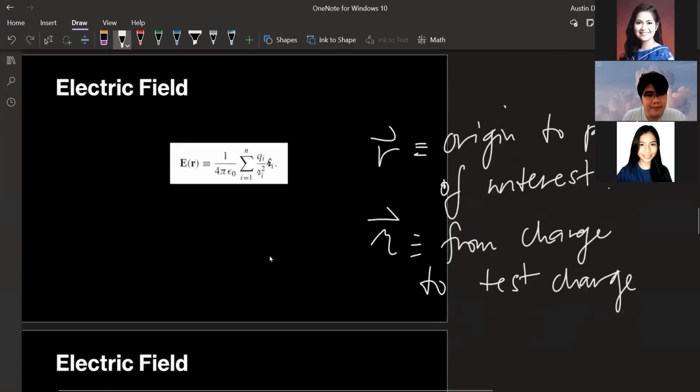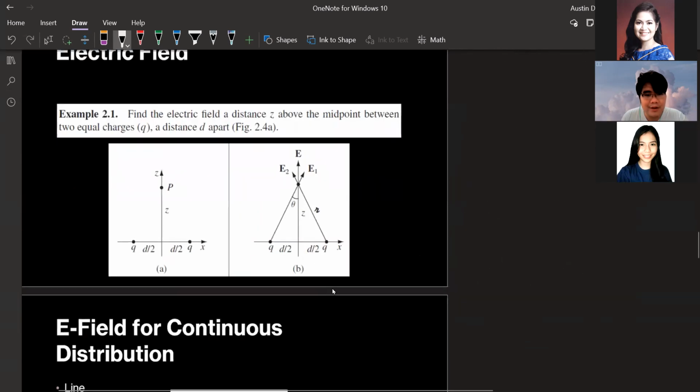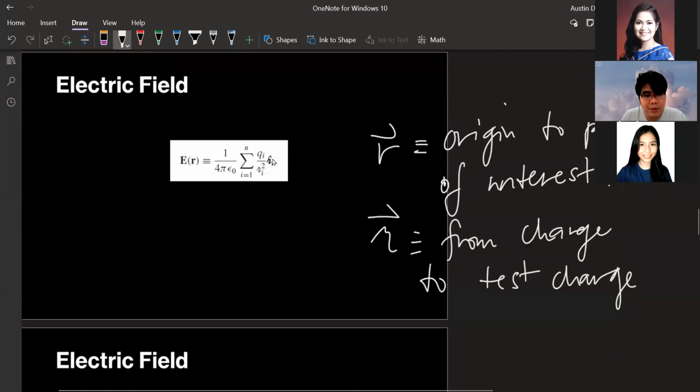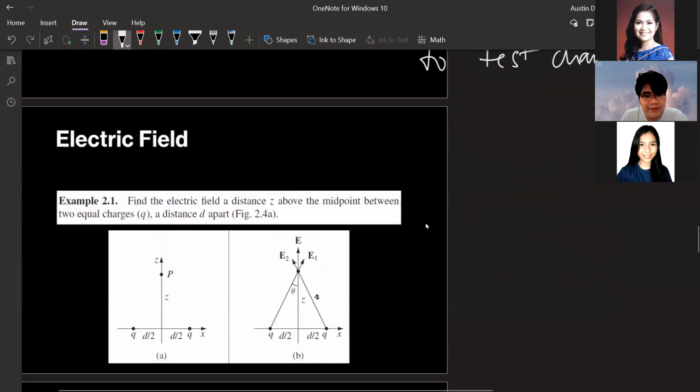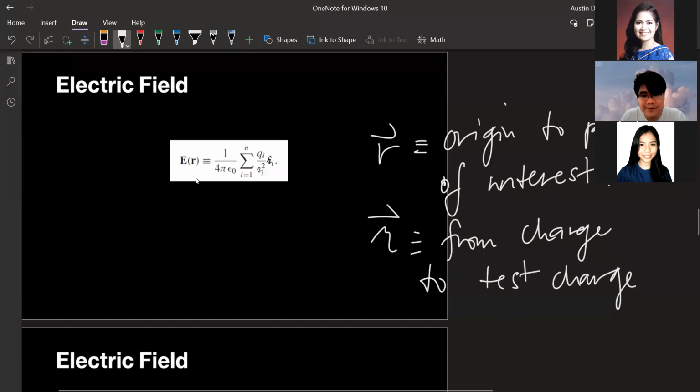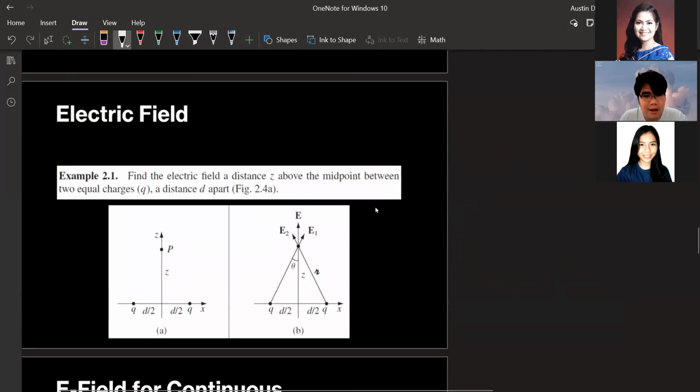Kailangan natin makuha yung mga vectors natin para ma-solve itong problem na ito. Okay, so we have to know what's curly R, and then yung R vector. So yung R vector, as I've said, will be coming from the origin to the point of interest. Okay? So yung origin mo pwede magbago-bago, no? Pero dito kasi madali na